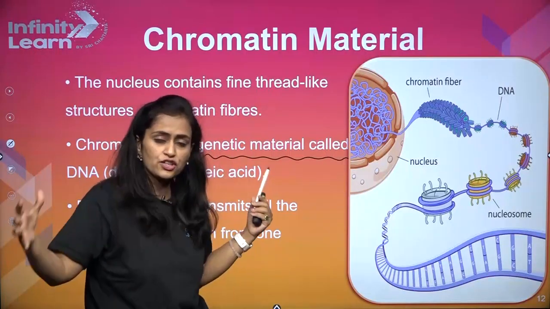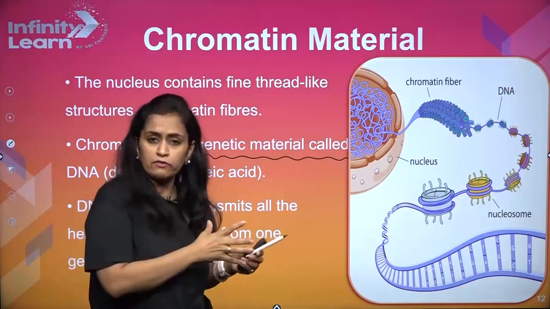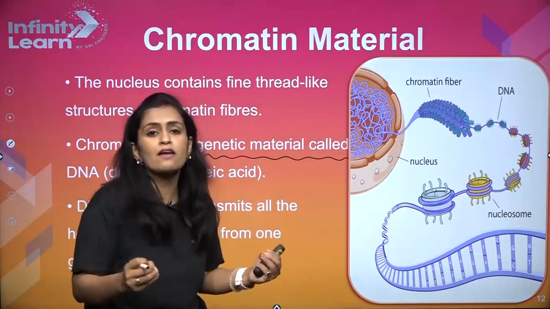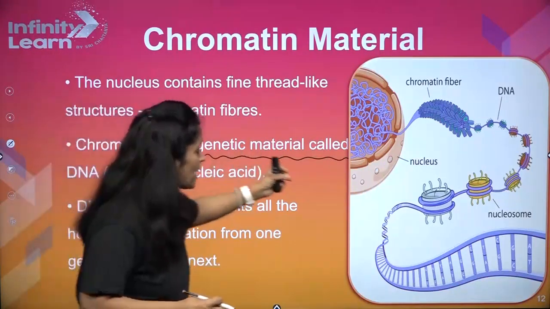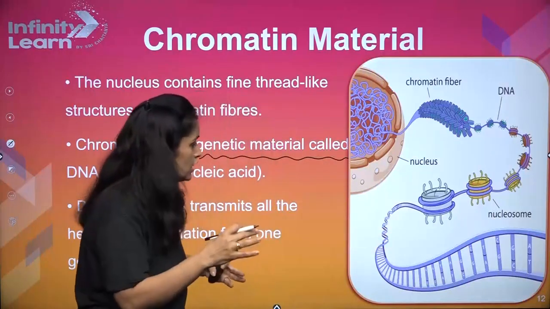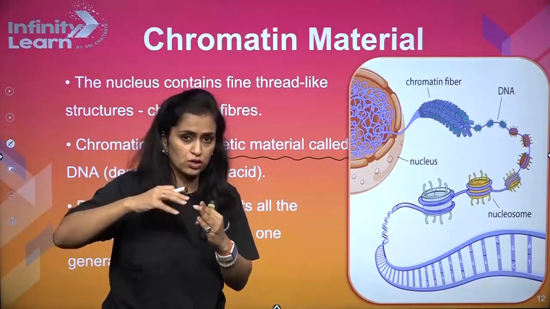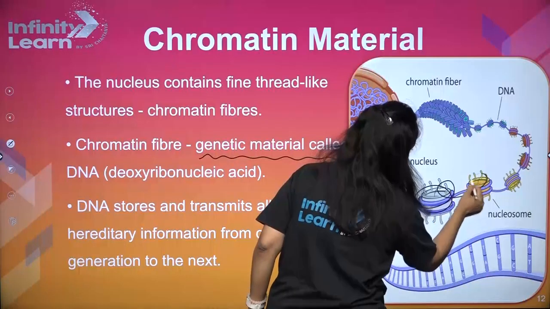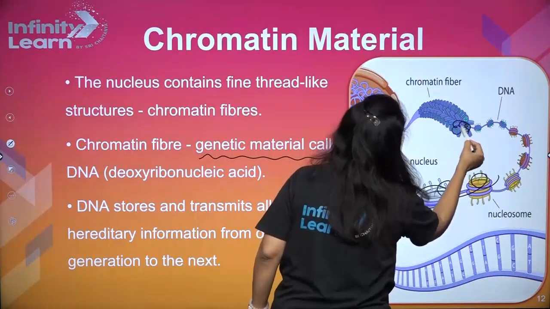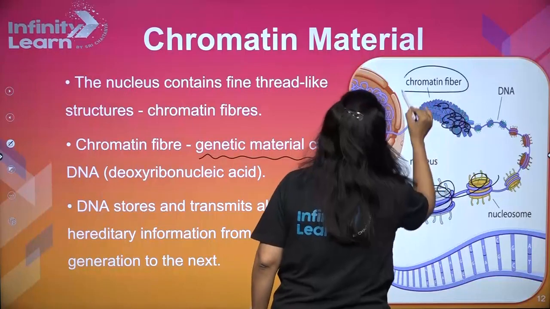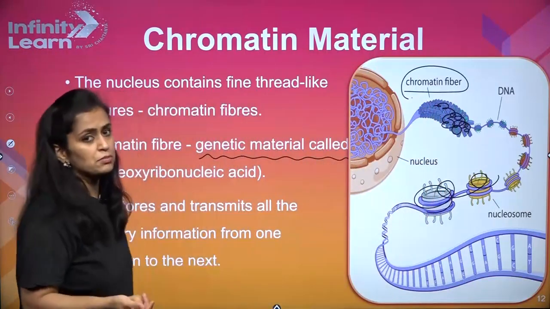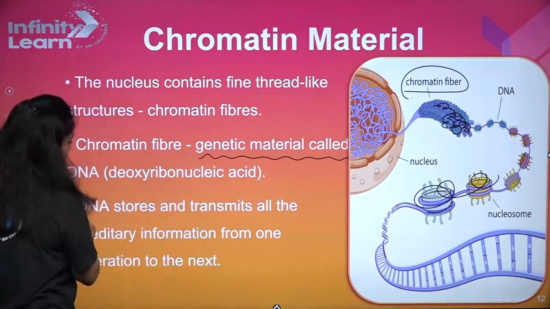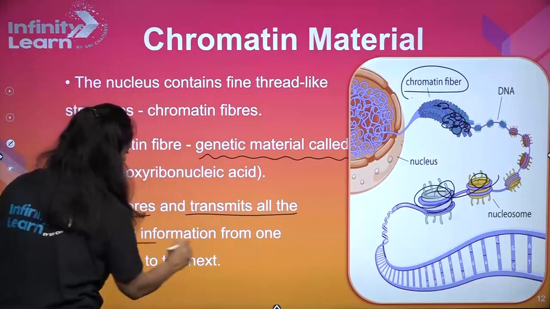Just like if we have threads to keep, we will make a spindle and then we will store it, isn't it? हम bundle बना के उसको store करेंगे, किसी धागे को store करना है. तो वैसे ही same way we store DNA by condensation. Right, so DNA is condensed with the help of protein, जिसे हम histones कहते हैं. Right, so they are wound around these histone proteins, and now further they are more wound, super coiling हो जाता है इनका, and it forms a chromatin fiber. Right, so this is nothing but your genetic material which is in use somewhere here or there.